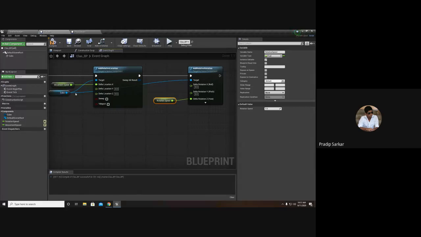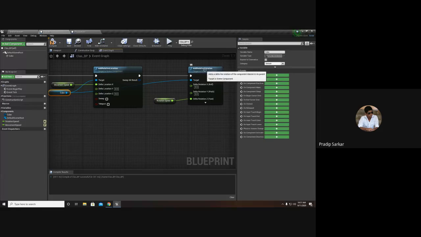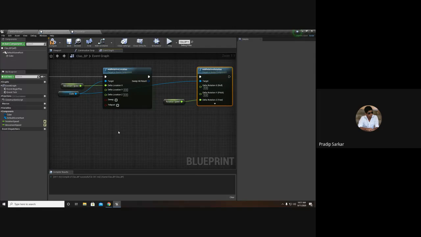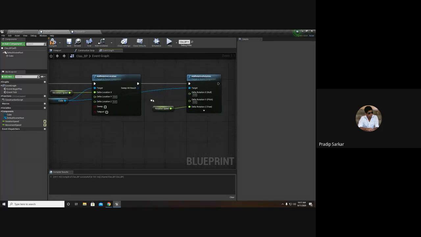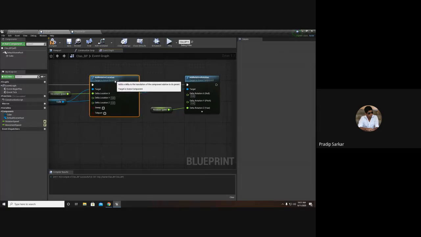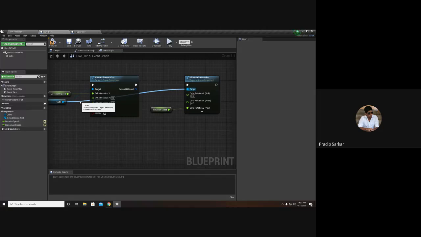Let's say this connection is going from the cube to the add relative rotation, and it is going below the add relative location. How can I reroute it? I can select the route and right click.